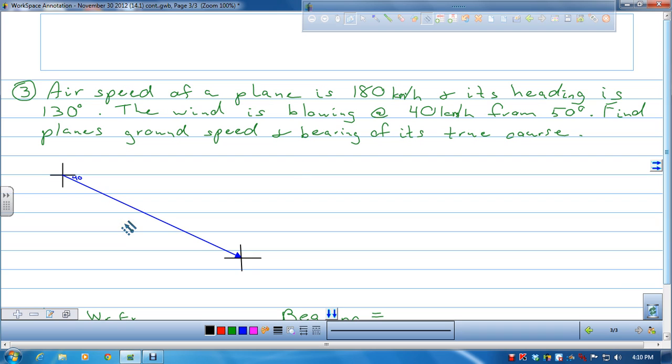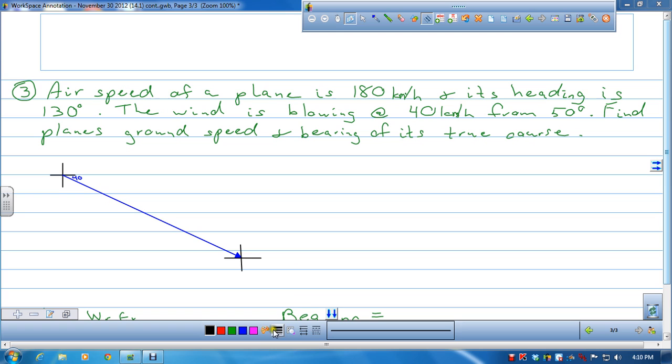So then it tells me that the wind is blowing from 50. Okay? So if it's from 50, that means a bearing of 50 degrees would be out in here, right? Well, what that's telling me, though, is it is blowing from that direction. So